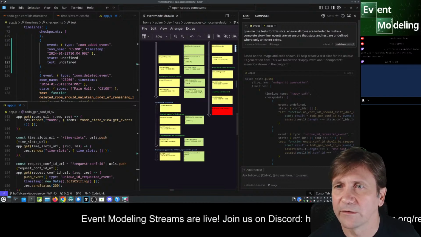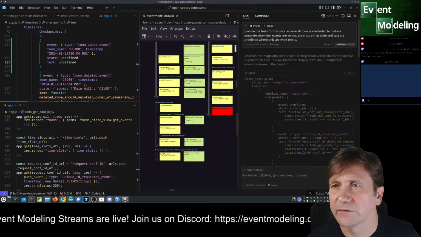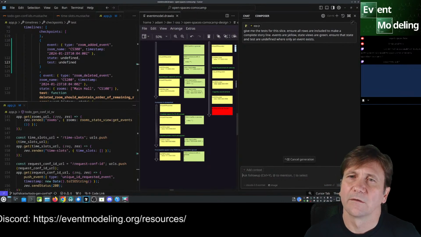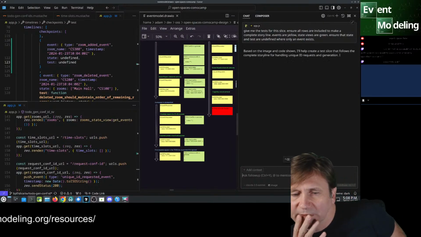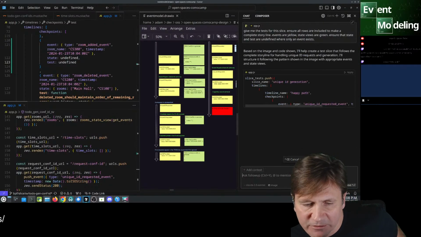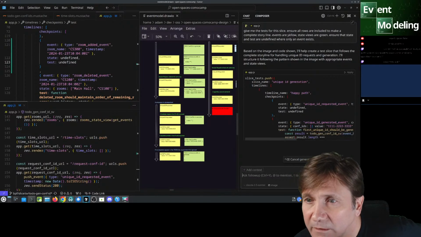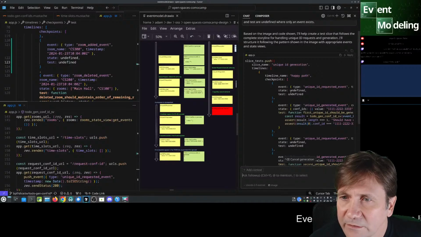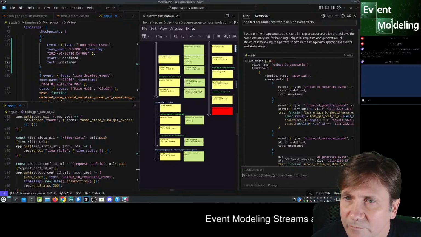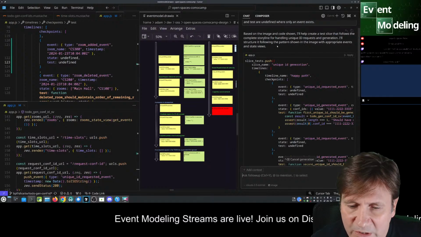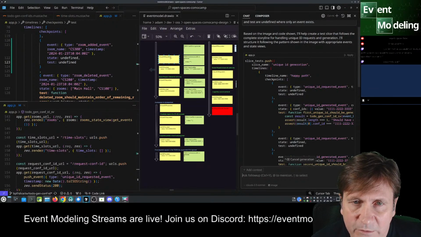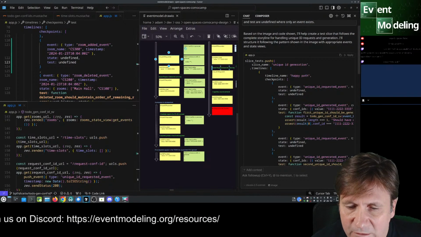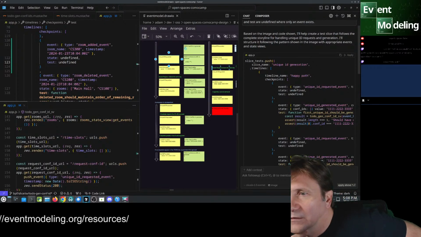Events are yellow. State views are green. I know I shouldn't have. It's a bad experiment. I shouldn't have added the extra thing. Yeah, it's totally getting thrown off with that. It does not know what an event is, etc. So I'm wondering if we actually have the name event in here, whether that would be better.